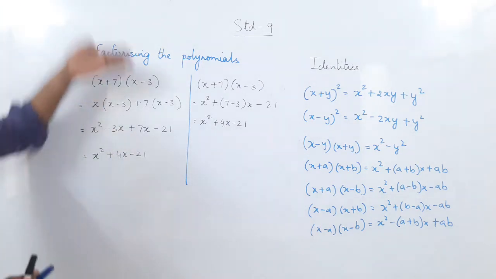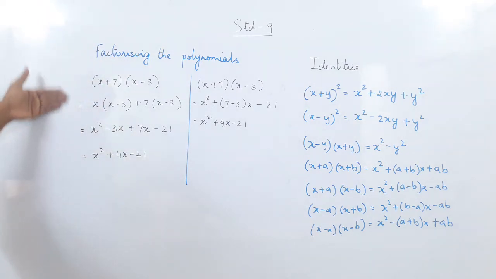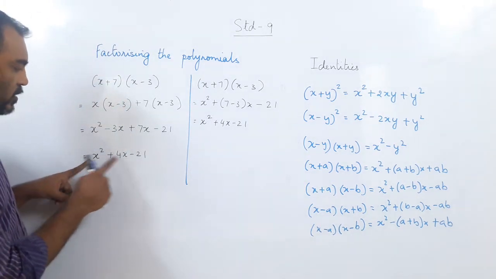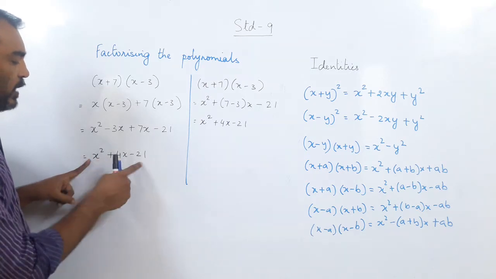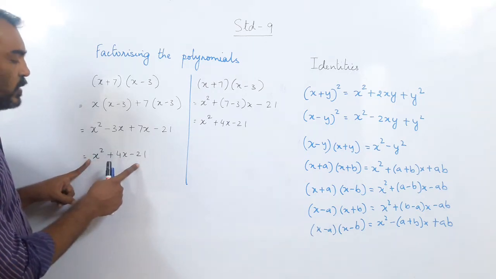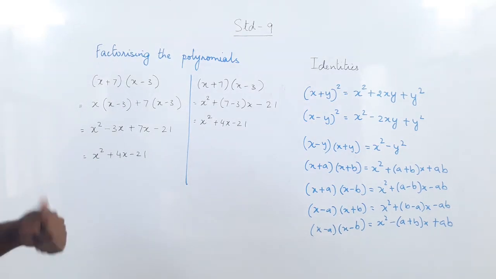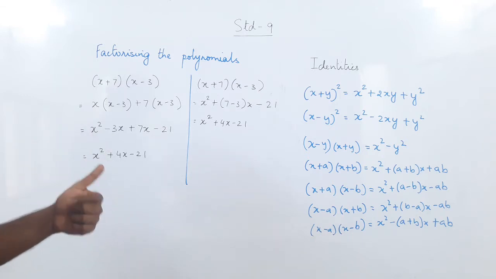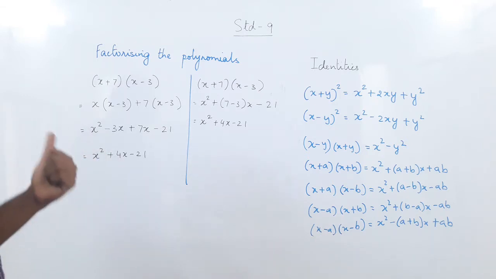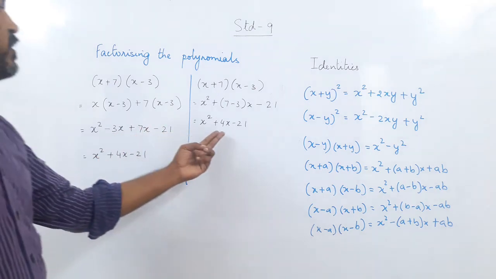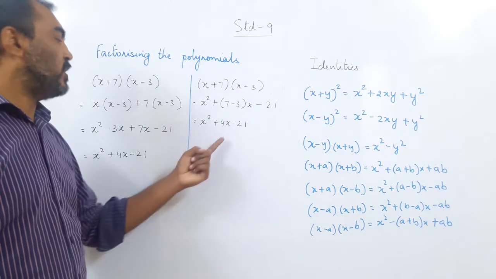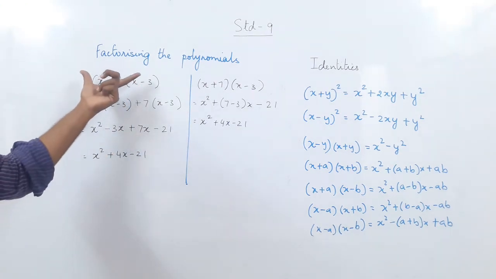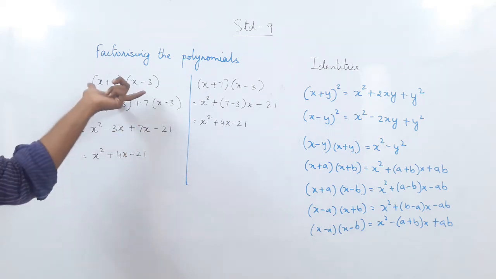Now how would you factorize this back? Where you multiply using the identity, factorization is splitting the middle term. How? This is 1 here, this is minus 21 here. So a into c, 1 into minus 21 is minus 21. Now what are the factors of minus 21? Minus 1 into 21 or 1 into minus 21. Minus 3 into 7 or minus 7 into 3. You will get the plus 4 when you take a plus 7 and a minus 3. So this is the reverse method, splitting, and we got the factorization. So this was the multiplication, and the reverse gives us the factorization.